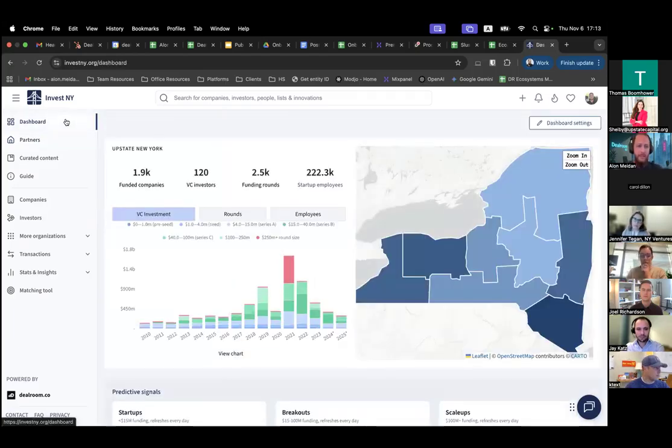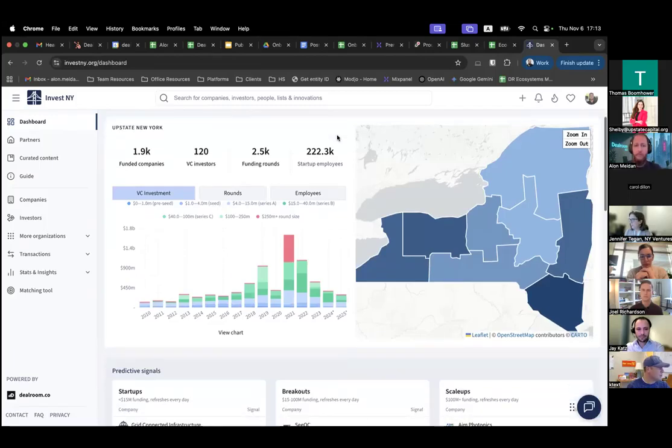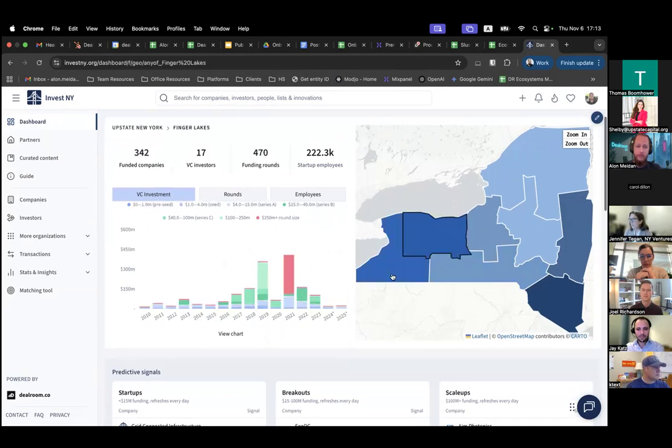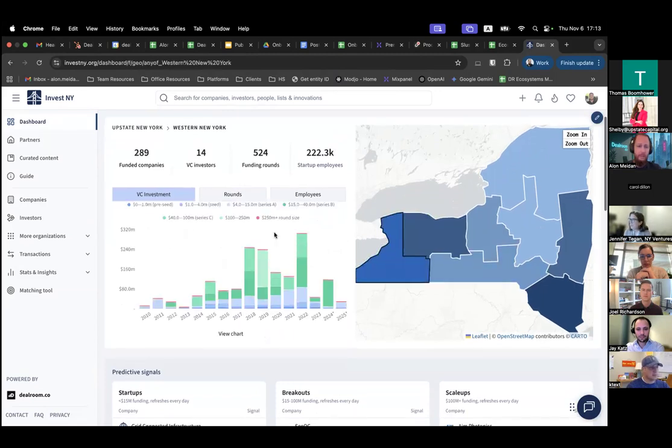Up next is our dashboard, which is basically an aggregated page for high-level data on the upstate New York area. Up top, we'll have our map where you can click specific regions and get the data relevant for those regions, if it's investments, funding rounds, or employee numbers.